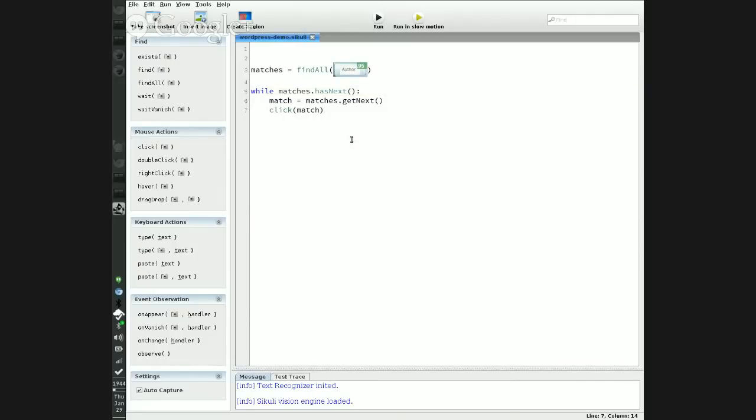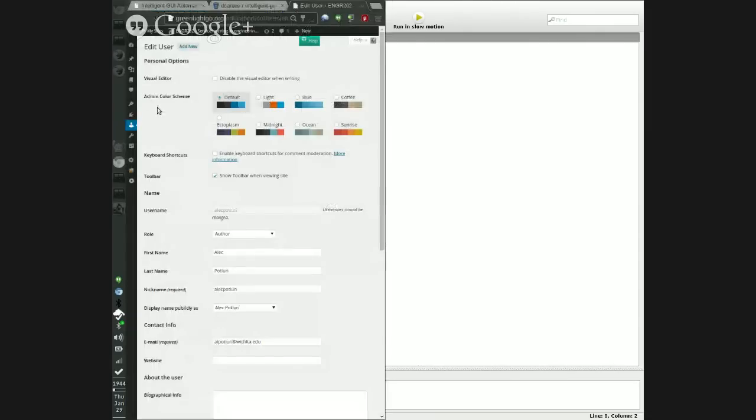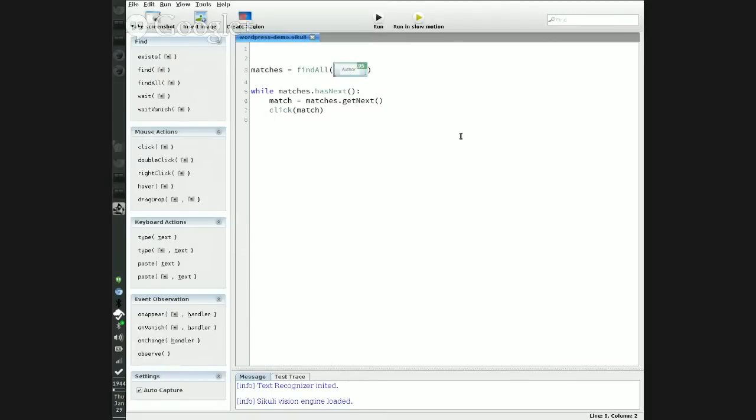And so now it's going to click on that user's name. And then once it clicks on the user's name, it's going to bring up this. And what I wanted to do is find the role box. So I'm going to have it find that. And I'm just going to tell it, just go ahead and click on that. So click on,